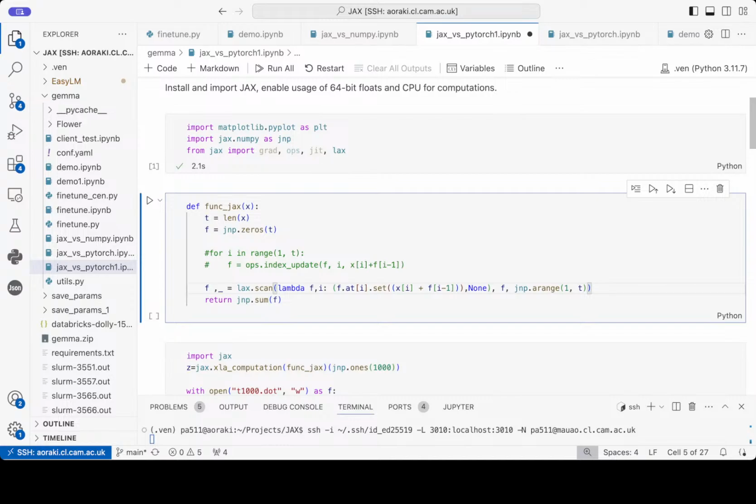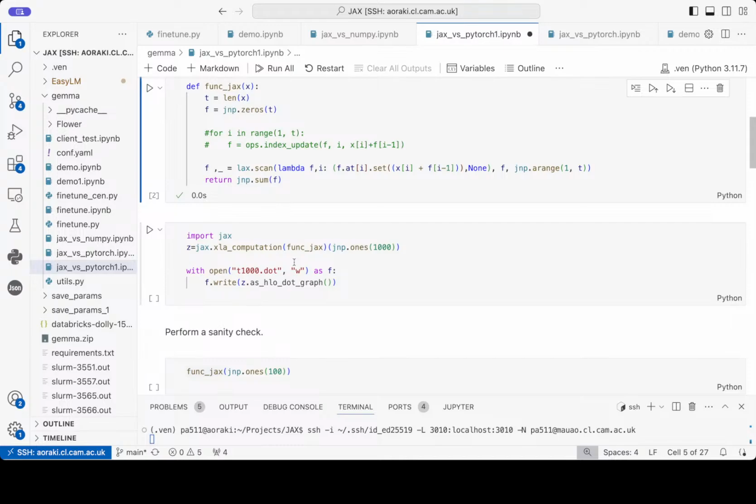So by the time you get to the very final element, you have a computational graph that depends on every element prior in the list. So you have a very big computational graph. Then you take all of these things, you sum them together, and this is your function. So I'll execute this function just to put it into memory.